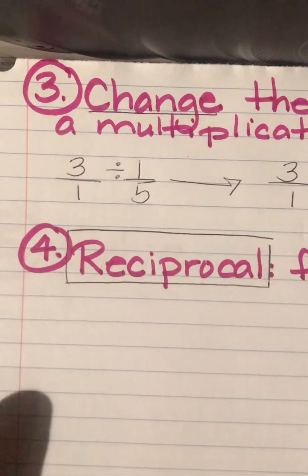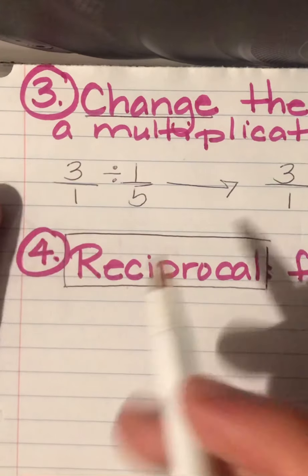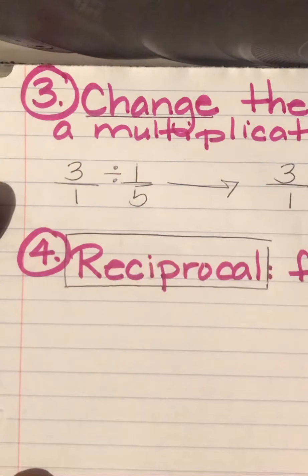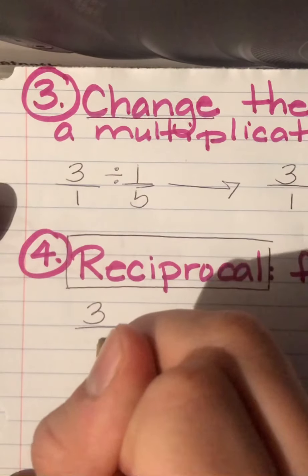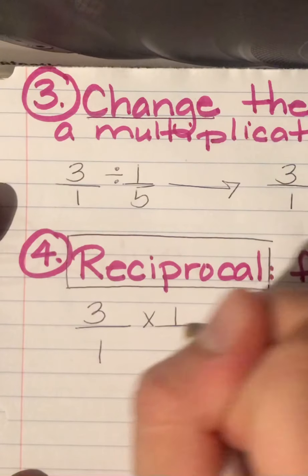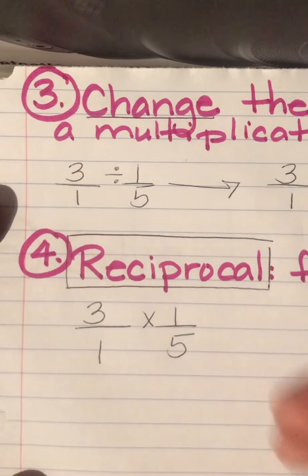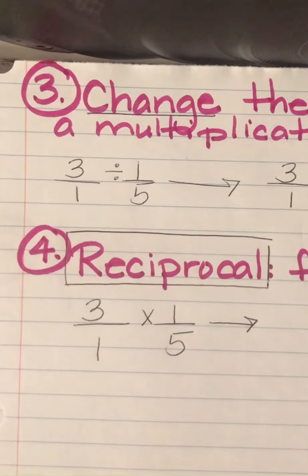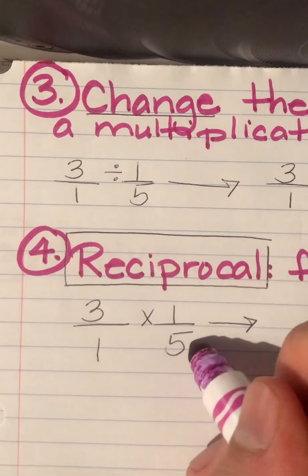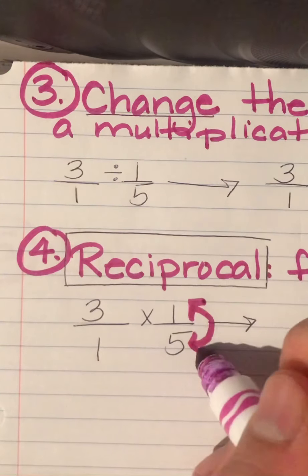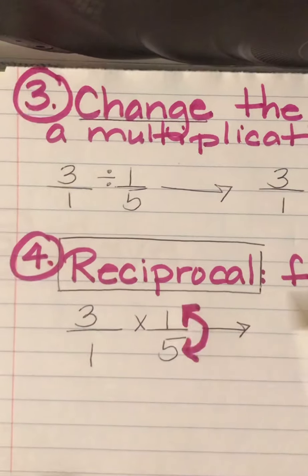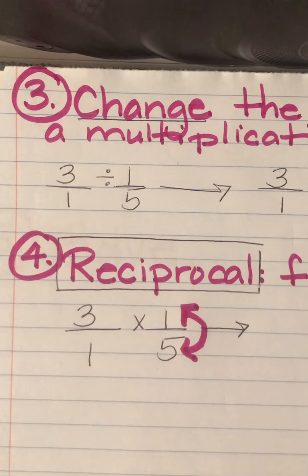So what does that look like? Well, what does flipping mean? Well, here I have my expression. Now remember, we just changed that division sign into a multiplication sign. So I have 3 over 1 times 1 over 5. Now, when I say flip, I'm literally flipping the 5 and the 1. So I'm changing the position of the denominator and the numerator, which will give me,